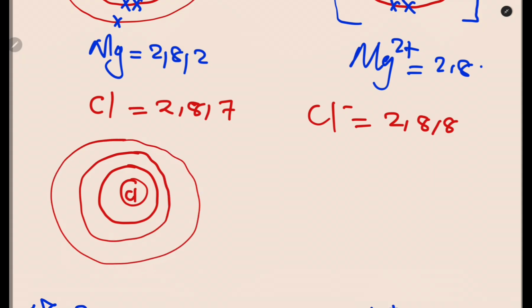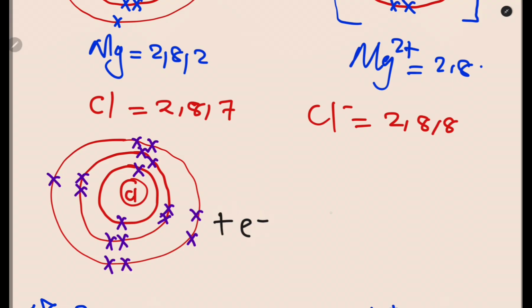Then around each shell, let me put electrons. So 2, 8 in the second one, then 7 in the last one. Okay, so I'll put 1 here. Then this time around you are gaining electrons, so you add them this side. So 1 electron gained. Then it results into